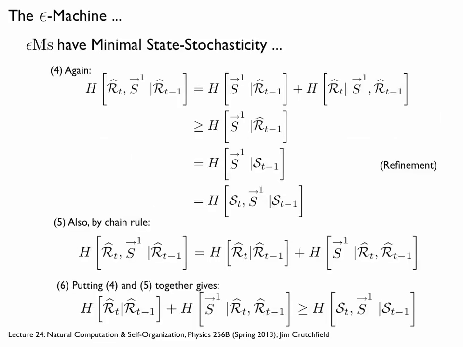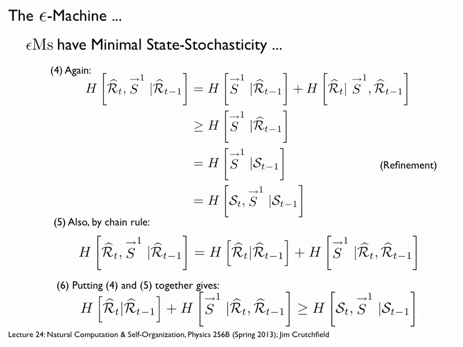Then we can do the same thing for the predictive rival: the same kind of next symbol, next state, given previous state. I pull out the uncertainty in the next symbol and the uncertainty in the next state given the symbol and the previous state. I know that this is non-negative, so I'll just throw it away. So I get this inequality here, that this is going to be less than that.